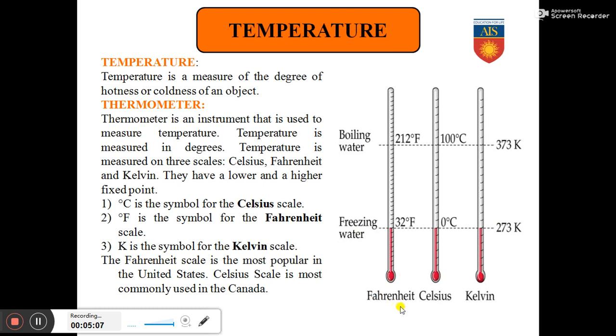See, in the Fahrenheit thermometer, the freezing point of water is 32 degrees Fahrenheit and the boiling point is 212 degrees Fahrenheit. In Celsius it's 0 degrees, as we all know that water freezes at 0 degrees Celsius and it boils at 100 degrees Celsius. And in Kelvin it is 273 Kelvin and 373 Kelvin. All these three thermometer values which are written, all of them are the same. How are they the same? Because we have converted them. Let's now see the interconversion between scales. How are we doing it?